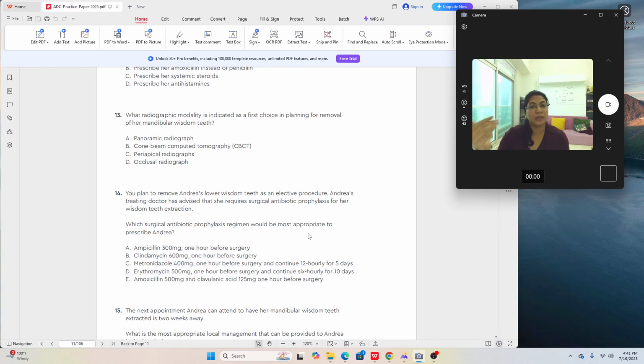It's not to treat an infection. So an easy way to remember: T for therapeutic, T for treating an infection. Prophylactic antibiotics, P for prophylaxis, P for prevention of an infection. Understood? Read the question. If it's saying you are giving a prophylaxis, it has to be just 1 or 2